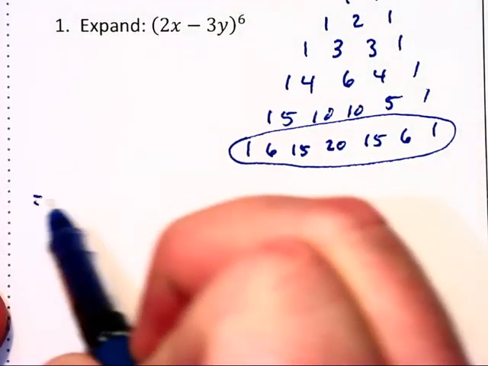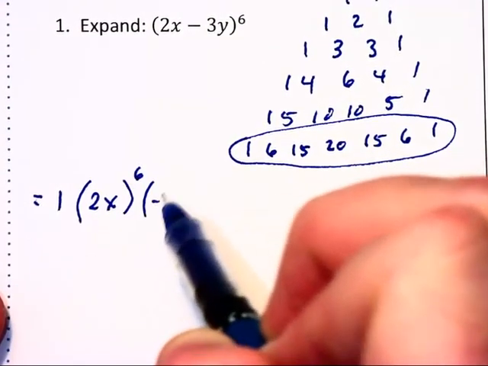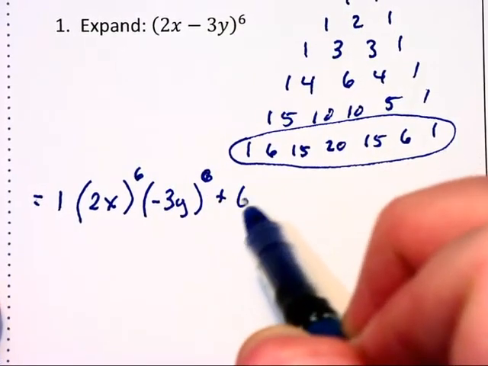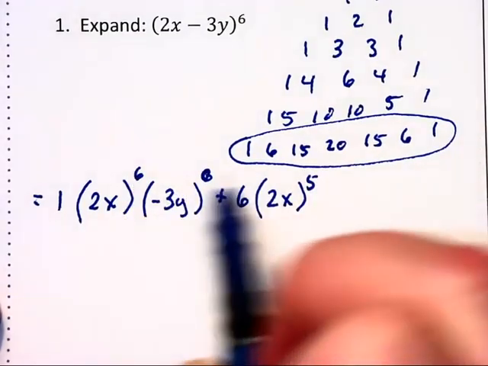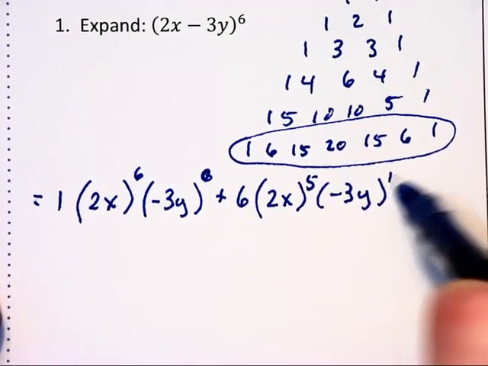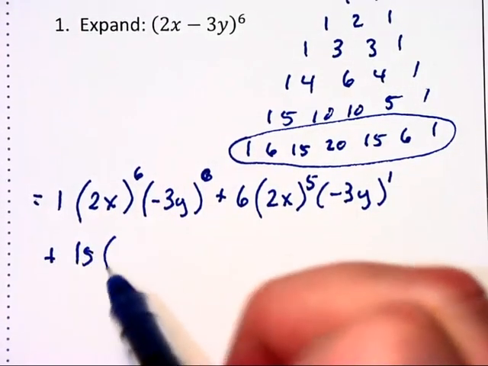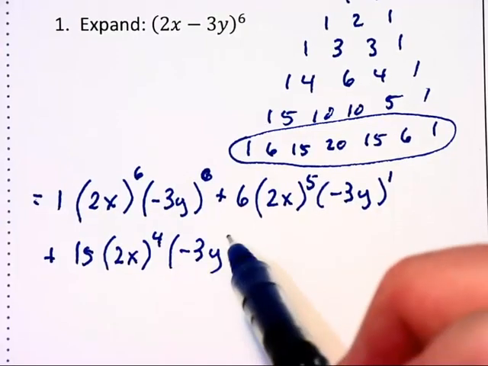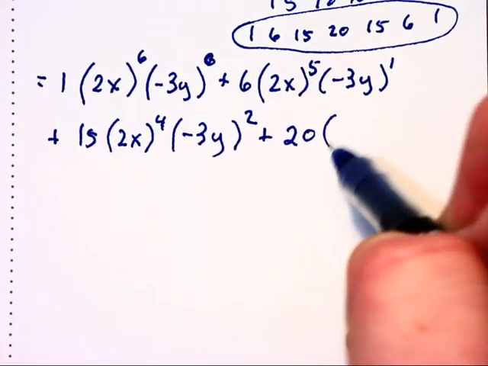We will begin with 1 times 2x to the sixth power times negative 3y to the 0 power plus 6 times 2x to the fifth, decreasing the exponent from 6 to 5, times negative 3y to the first power, plus 15 times 2x to the fourth power times negative 3y to the second power, plus 20 times 2x to